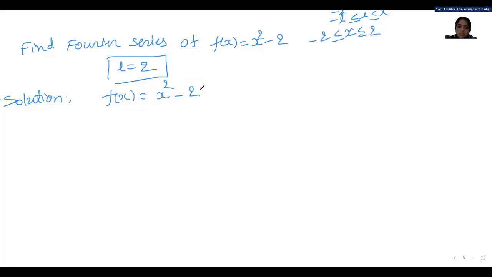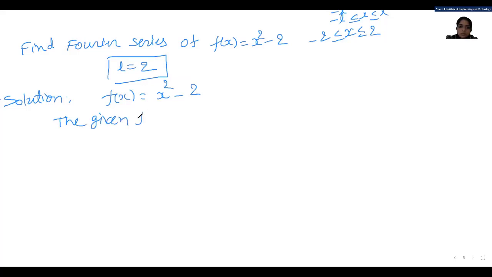2 is constant, means x raised to 0. And x raised to 0 is also even. Okay? X raised to 0 is also even, or we can say constant term is even. So even term minus even term. So even minus even is even. It means, please students, keep in mind, constant term we conclude in even term. So this is even, this one is also even, even minus even is even. So given function is even.